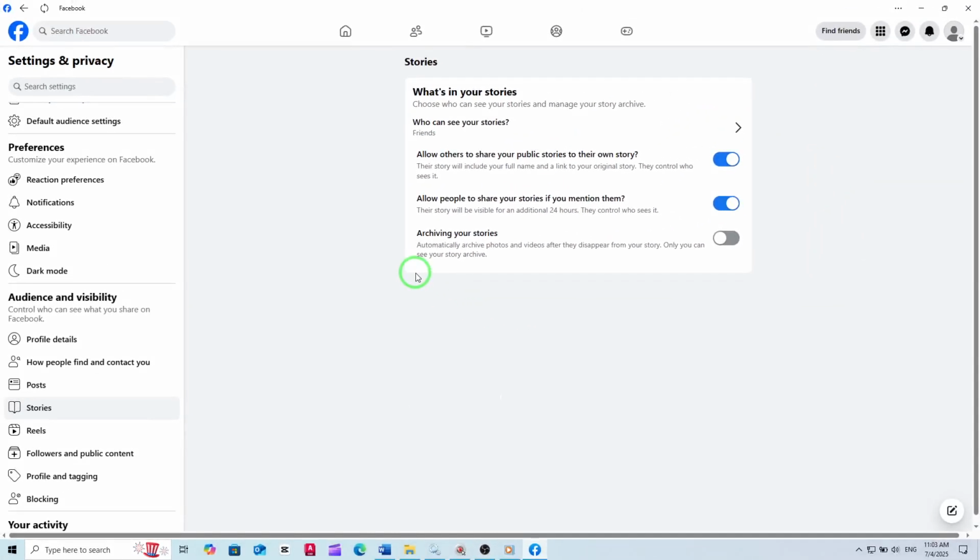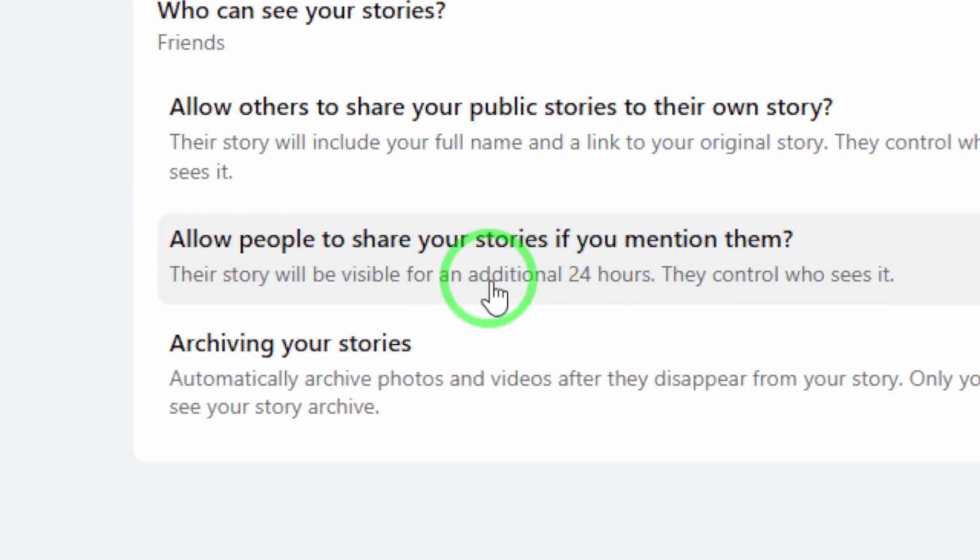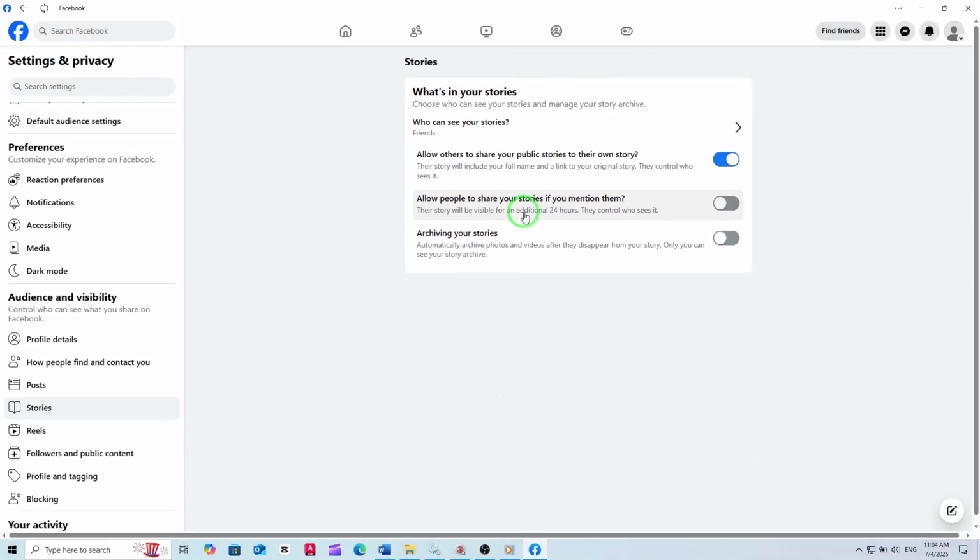By default, this setting might be enabled, allowing anyone you mention in your stories to share them further. To prevent this, simply toggle the switch off. Once disabled, people you mention in your stories won't be able to share them on their own timelines or with others. And that's it. With just a few clicks, you've taken charge of your story sharing settings and enhanced your